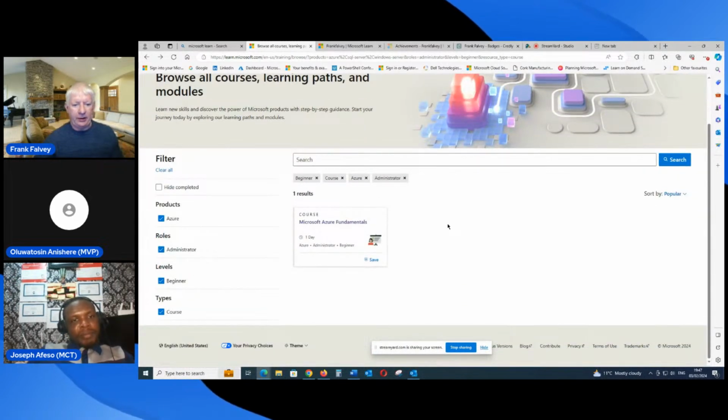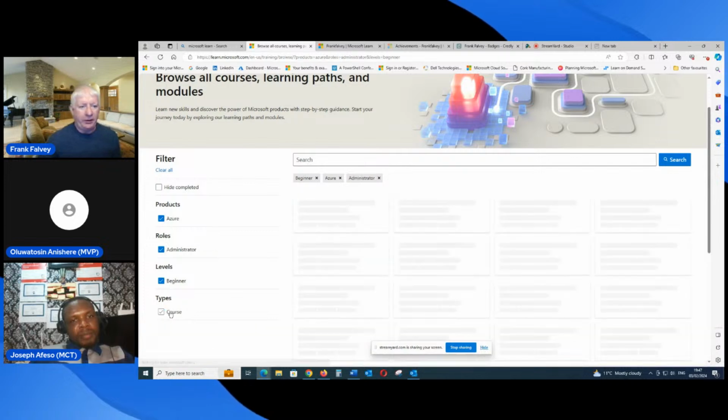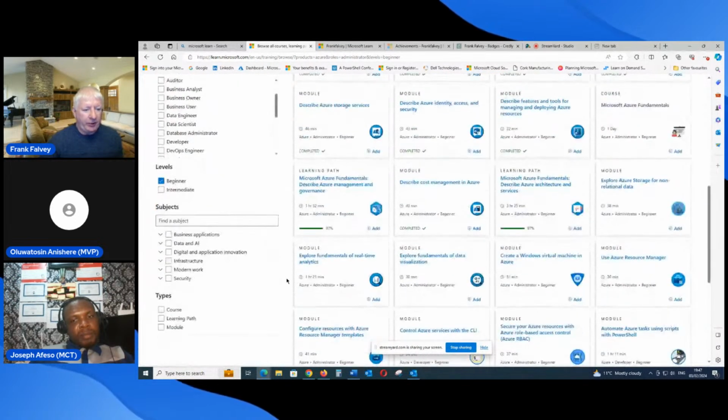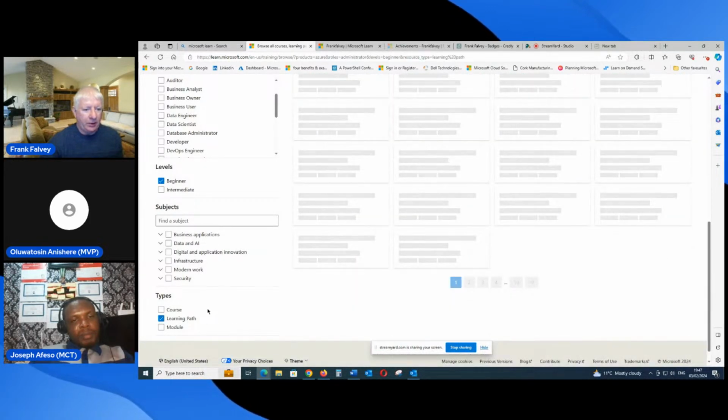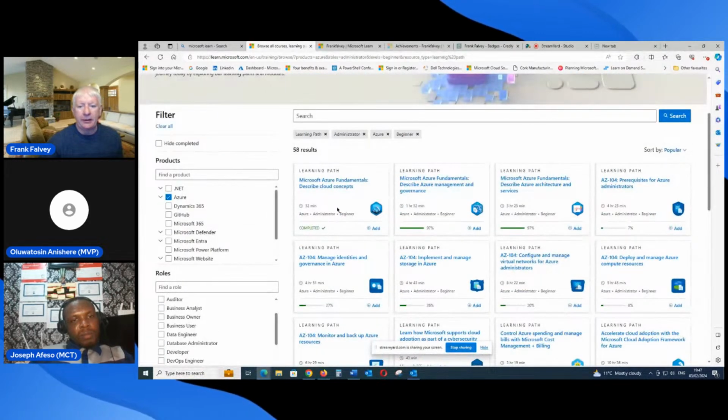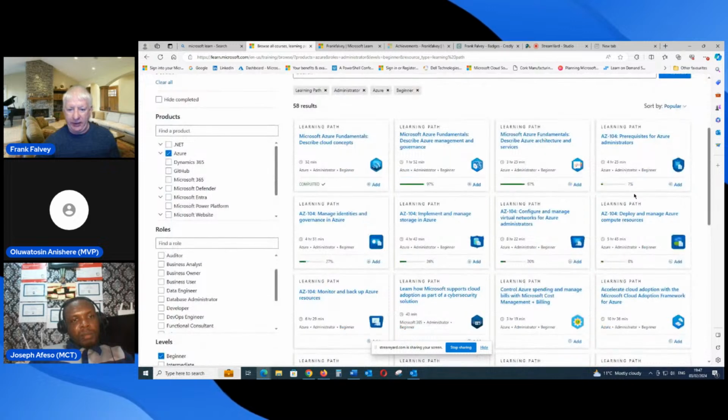I'm just going to click off the course type here, and we'll go back down to the learning path. We click on that, and these are all the different learning paths for the Azure administrator. And the administrator is AZ104.